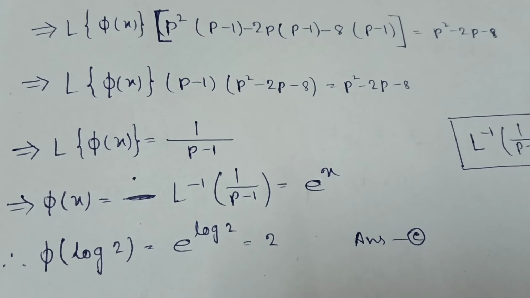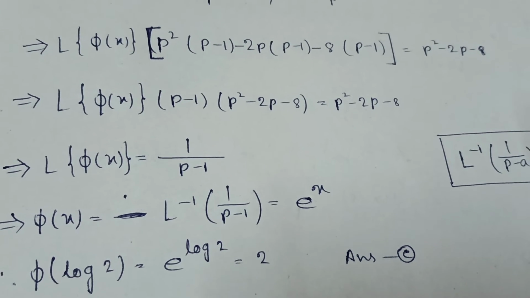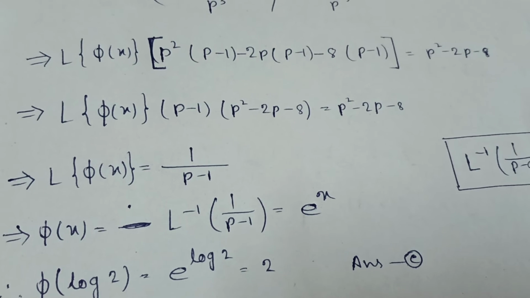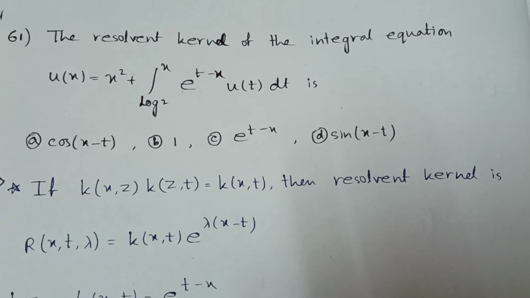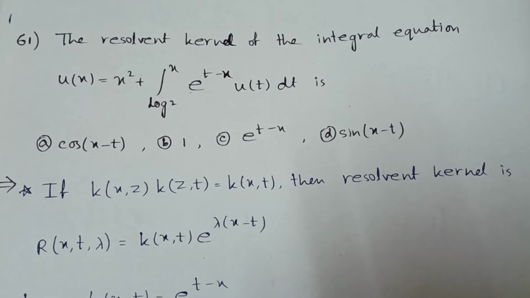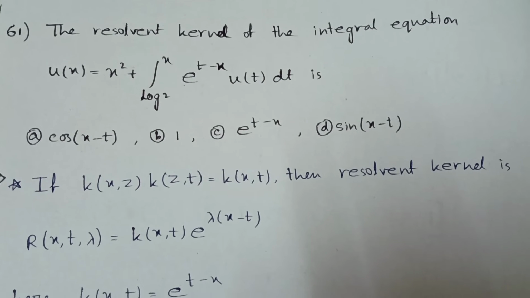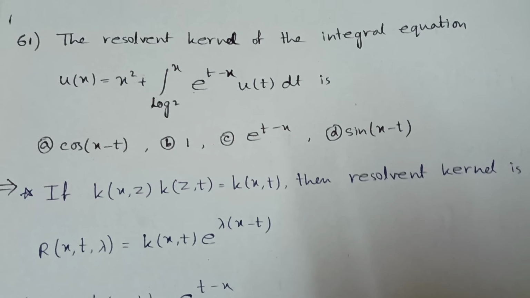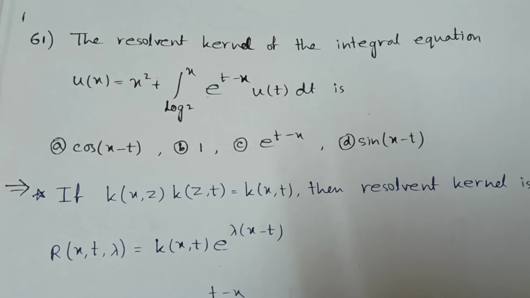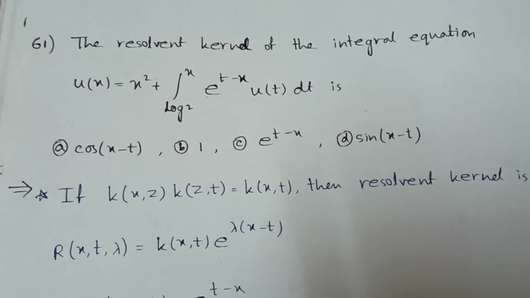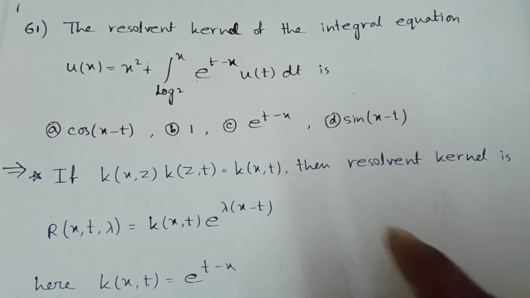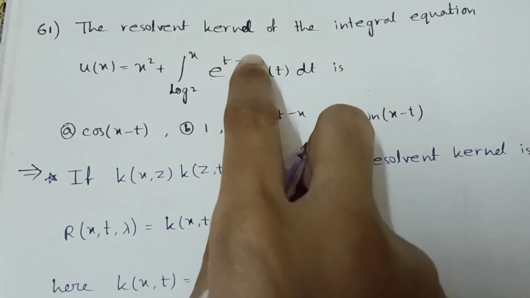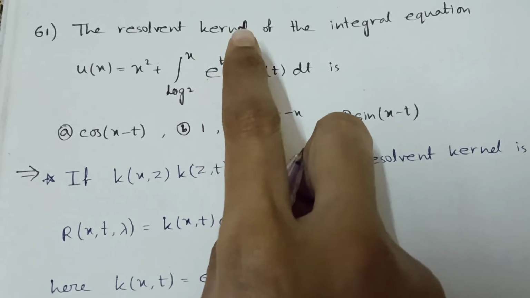Now let's go to the second problem, which is question number 61. This one is a little bit tricky. You have to use a short note that I will provide, so the whole question reduces to only 2 or 3 lines. The note is: if K(x,t) is the kernel, which here is e to the power t minus x,